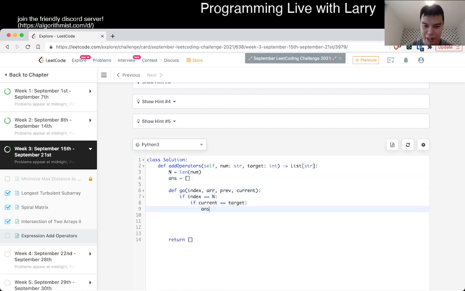Then the answer is to append a copy of the array, and that should be good. If it doesn't, we just return anyway. I mean, in both cases we return, but that should be good. Okay, and then this is, of course, the easy part. And then the harder part is,